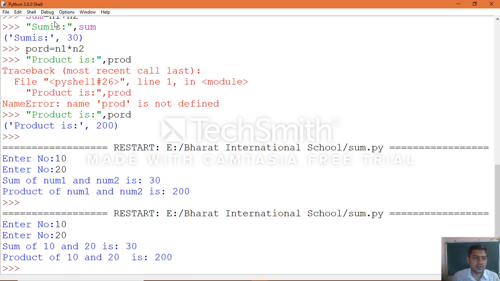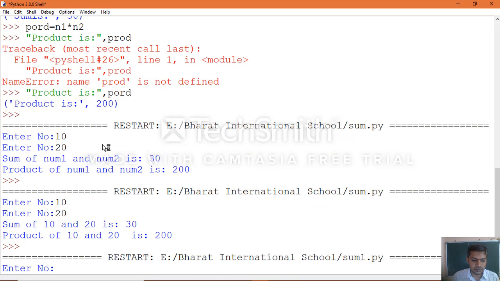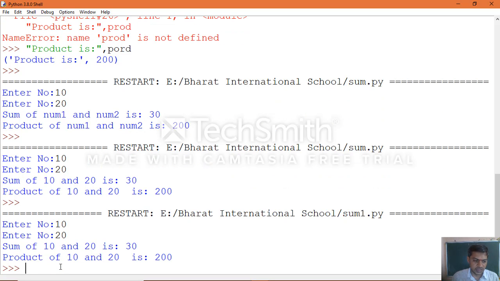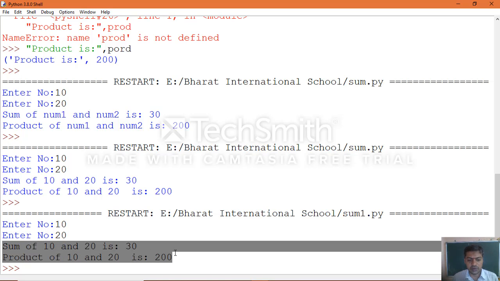Application. Go to run module, which asks you input values 10, 20. You can see here, previously we used the evaluate function to convert the input string value to an integer value. Now we use the int function to convert the string value to integer. Okay, so that is how you can make use of different methods.